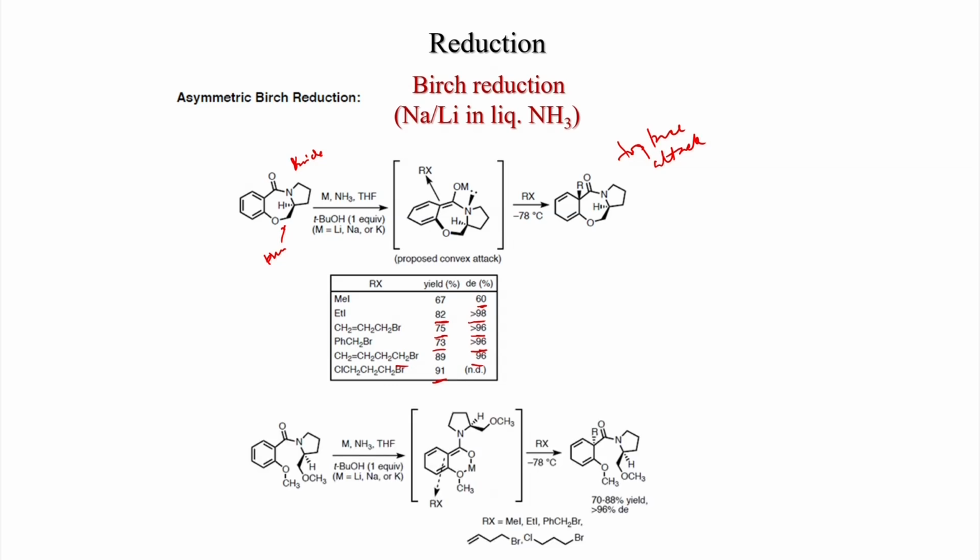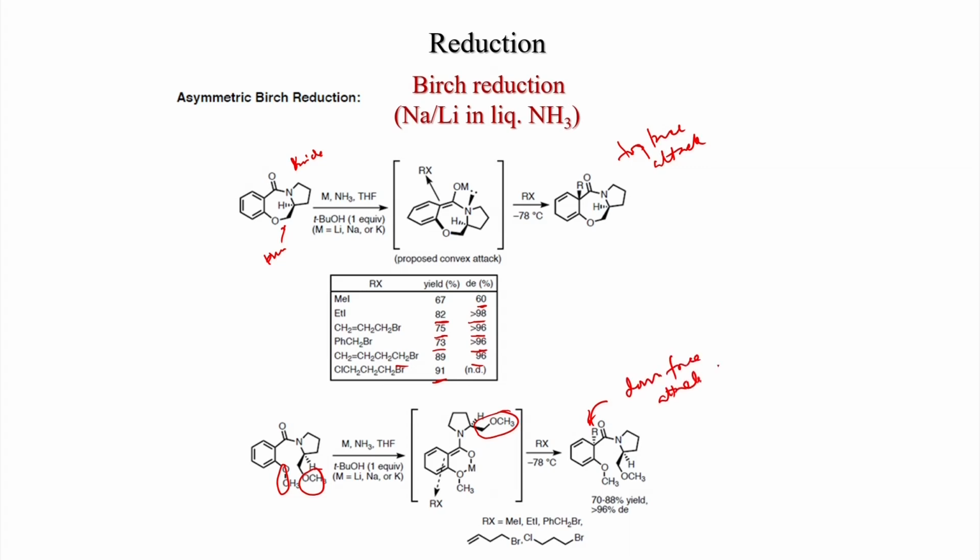Now, if you clip this ether, the ether motif is open. Now the product will be different. Here also, with lithium and liquid ammonia, you get the dienolate. Now the control will come from the CH2OMe group. Since it is on the top face, the reaction will take place from the bottom face, a bottom face attack.